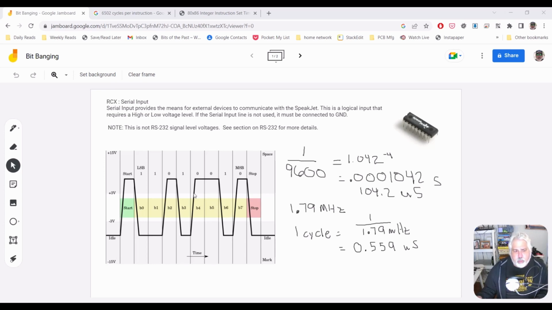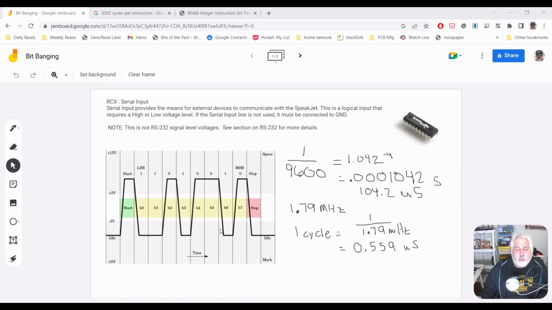I grabbed this off Wikipedia under the RS-232 page. If we look at this, this is talking real RS-232. That's why the voltages you see here are plus 15 to minus 15. Also notice that a bit 1 is actually inverse, they are actually the inverse of what you would expect. So let's look at this real quick. We're going to send